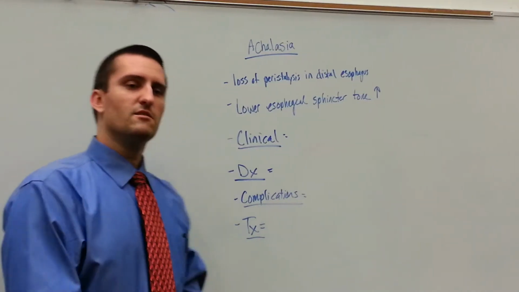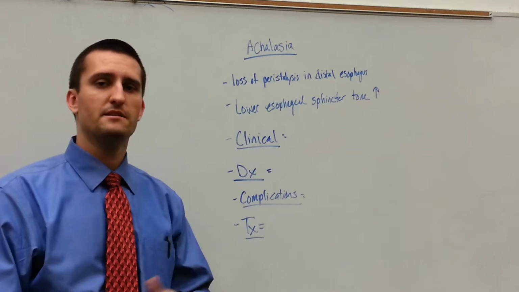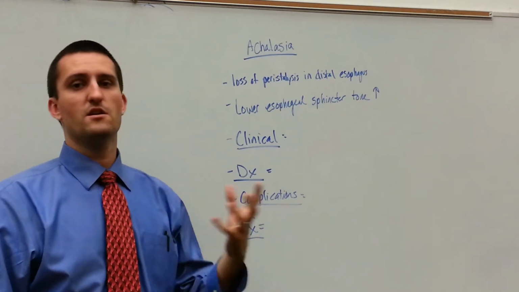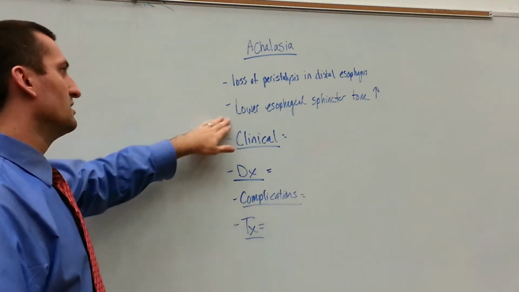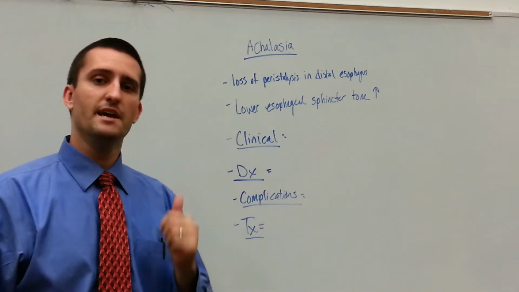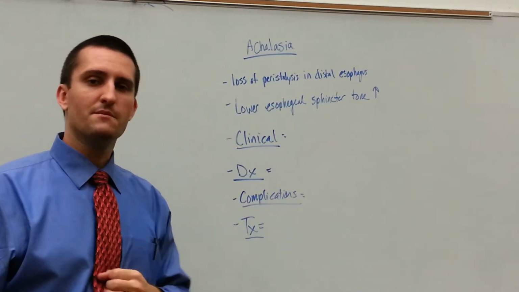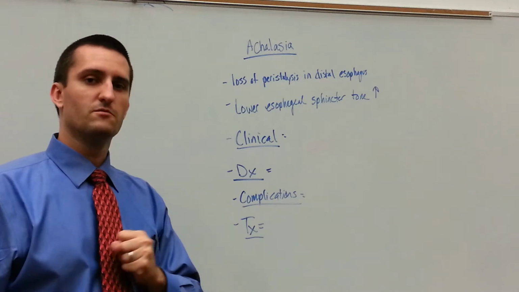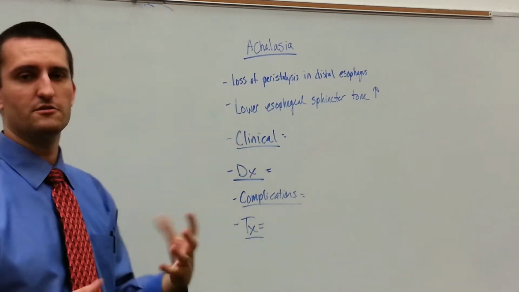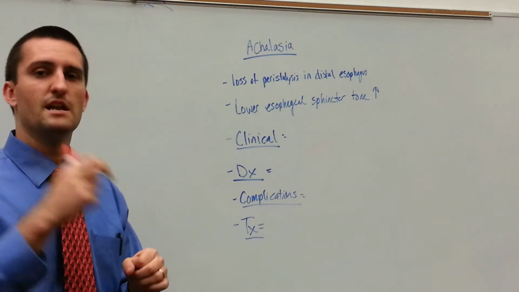So let's talk about a clinical case of achalasia. Now, achalasia is simply going to be a loss of peristalsis in the lower or the distal esophagus. Also, what you'll see is a lower esophageal sphincter tone increase because the muscle is going to be contracted. So we're at the very bottom of the esophagus, our sphincter tone is going to be very rigid because we're going to increase our sphincter tone, meaning when we take a swallow, food, liquids not going to be able to